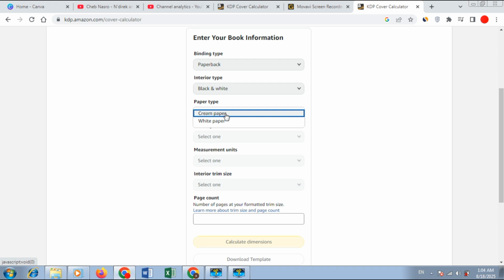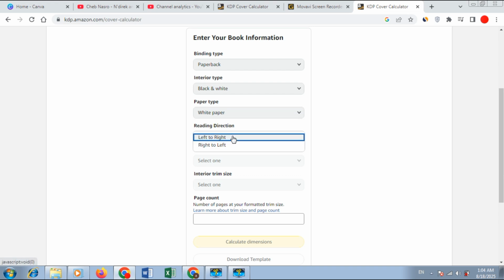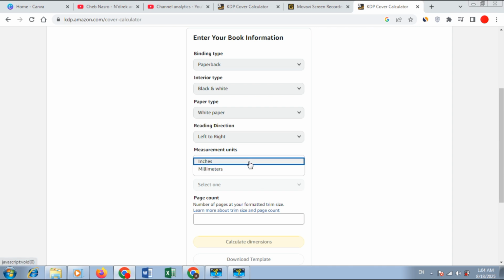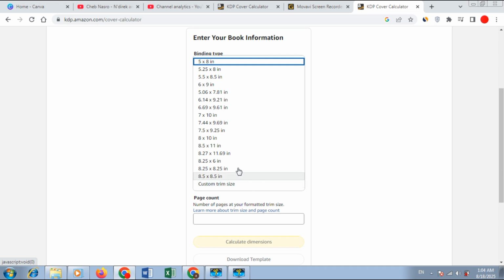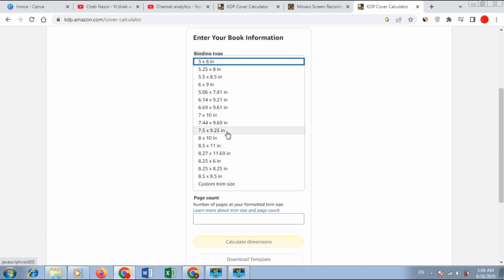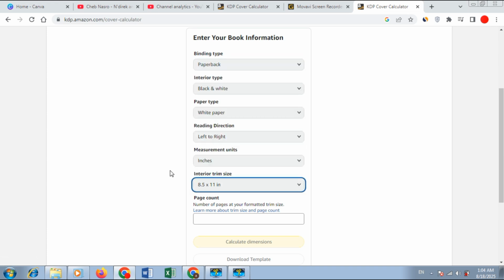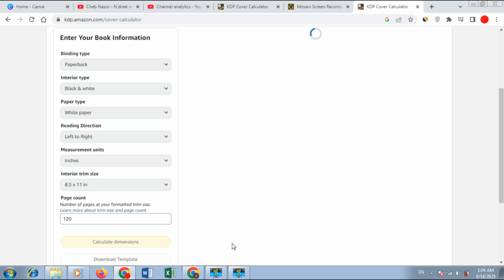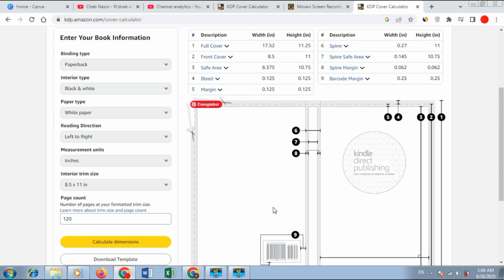Select the type of your paper, the weight of the paper, and select left to right. If your content is in English, then choose the measurement, inches, then choose one of these trim sizes. So for example, I will choose this one, and at the end type the number of your pages. Then calculate the dimensions,